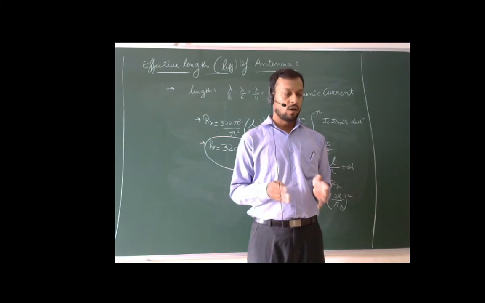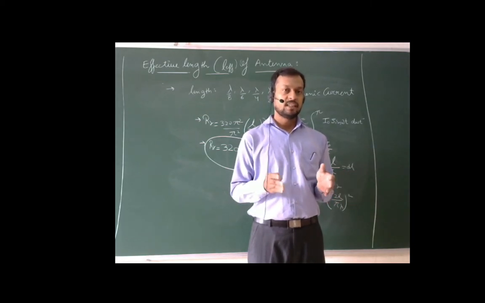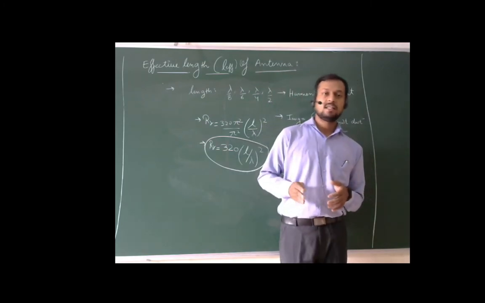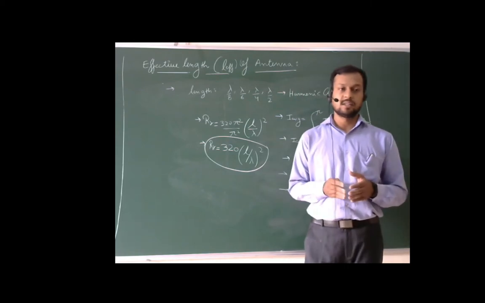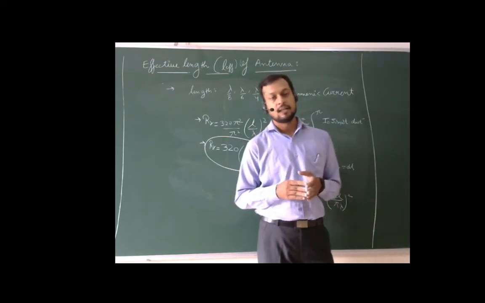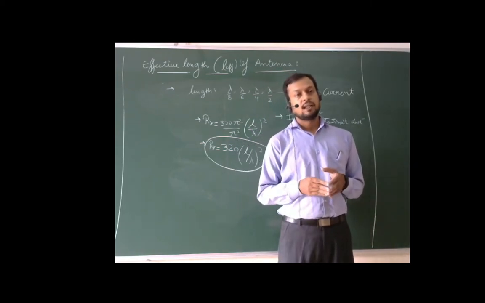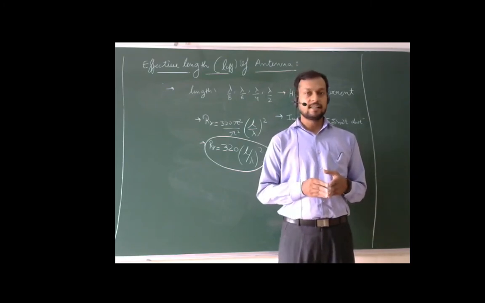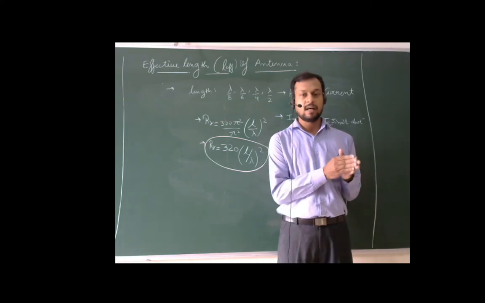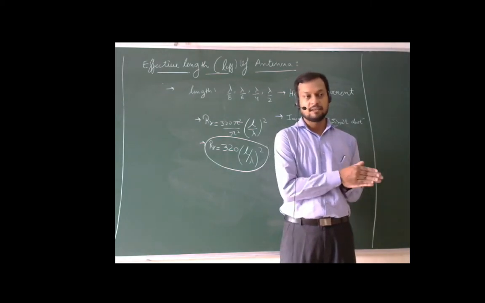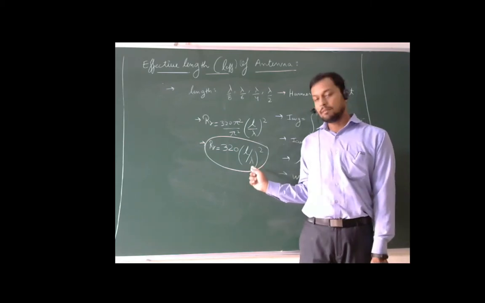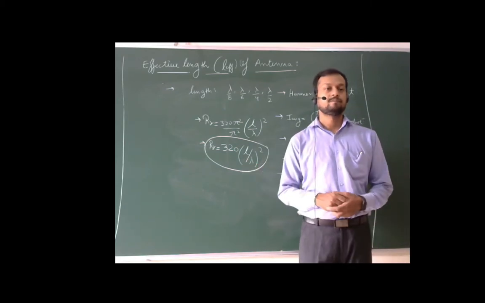So for longer length wire, that is lambda by 2 to lambda by 8, the signal is harmonic in nature, that is the current applied is harmonic in nature. So for that harmonic current, the radiation resistance can be given by the harmonic of that average current. The total resistance is 320 (L by lambda) whole square.